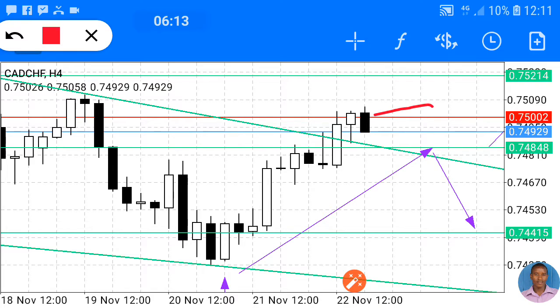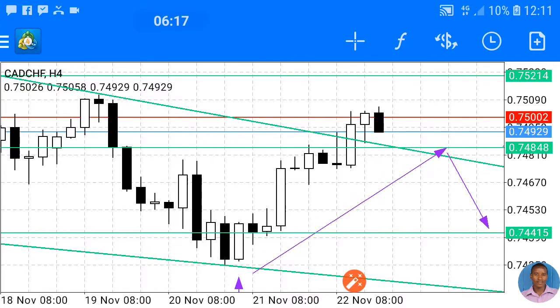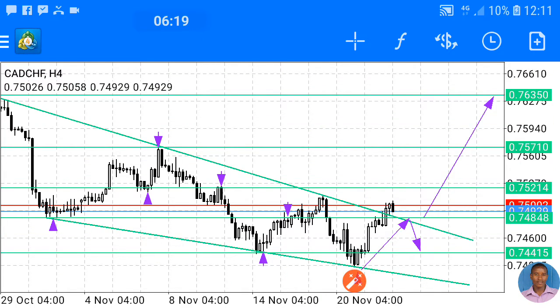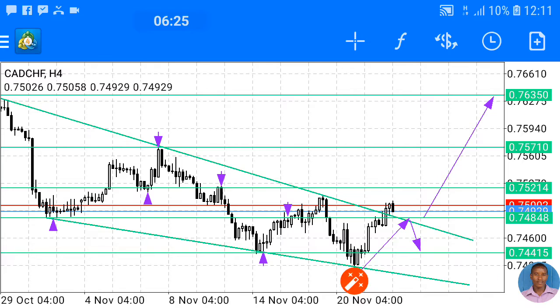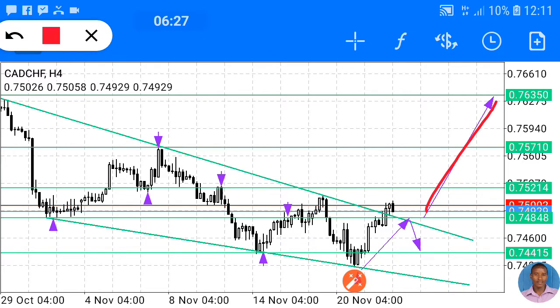So my arrows, sorry, let me delete this. As you can see, I have this arrow which is going up. This arrow is telling me that when a retest is successful at this point,